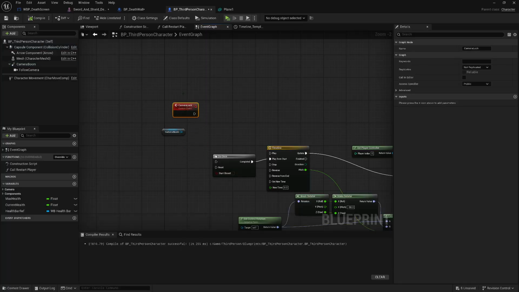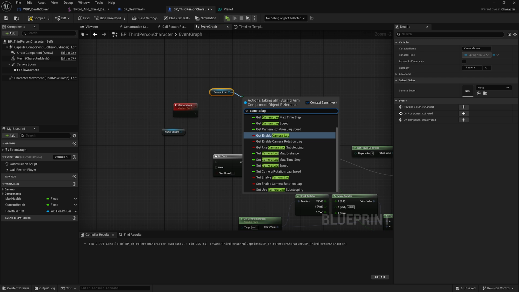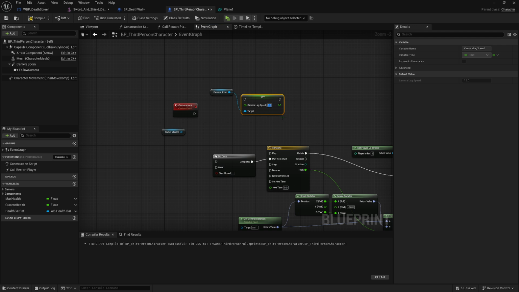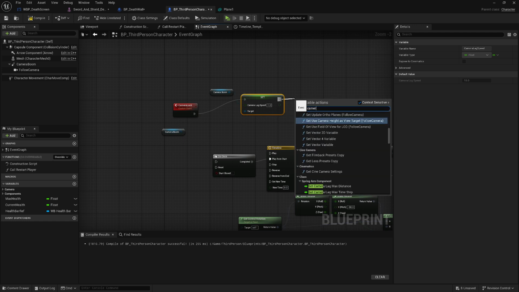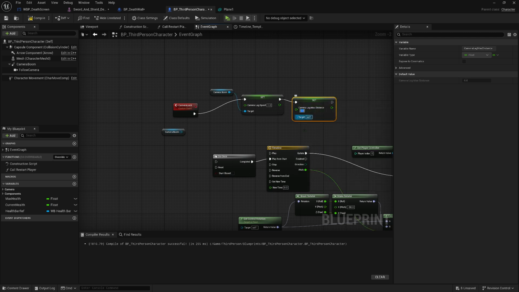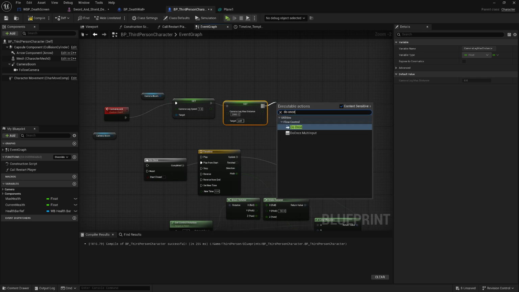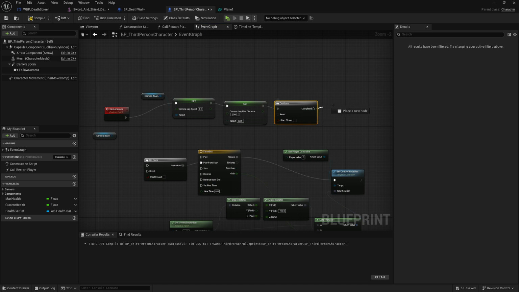So here I'll start over again, make a custom event and call it something like camera lock, then drag in your camera boom, and let's do set camera lag speed, and let's set it to something like 1, which makes it slower. And then we'll also do set camera lag max distance, and we'll set that to something crazy like 2000. Then do once, then we add in the timeline,